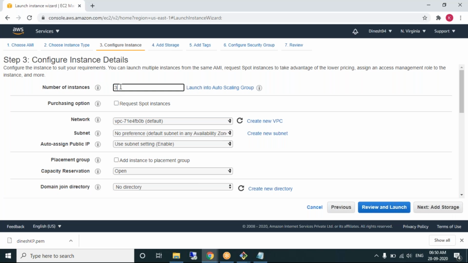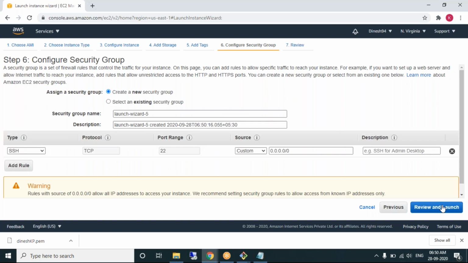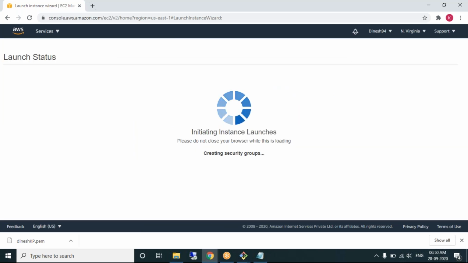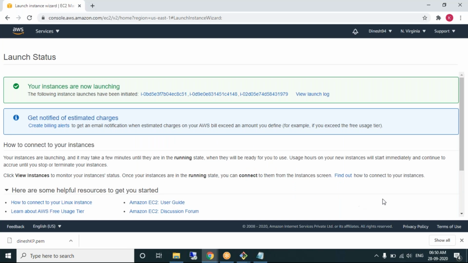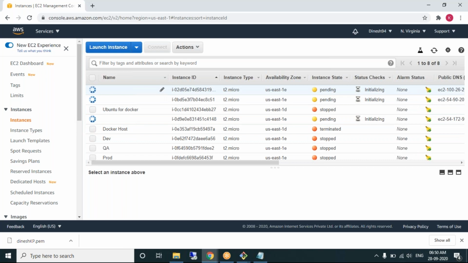Number of machines: three machines I'm creating. One machine, name can be anything.